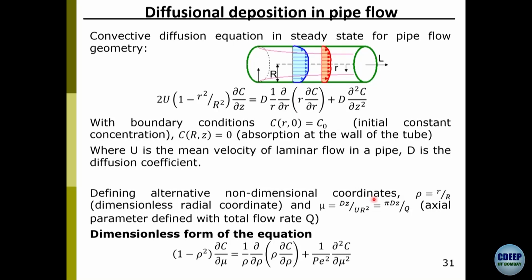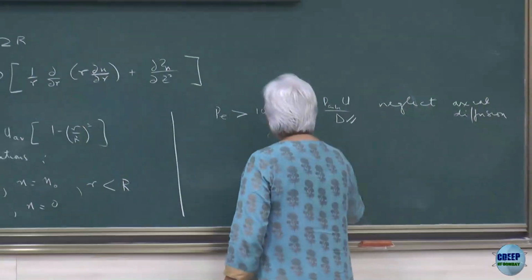In some books they write this mu as a pi, but the non-dimensionalization is in terms of this parameter mu, which is